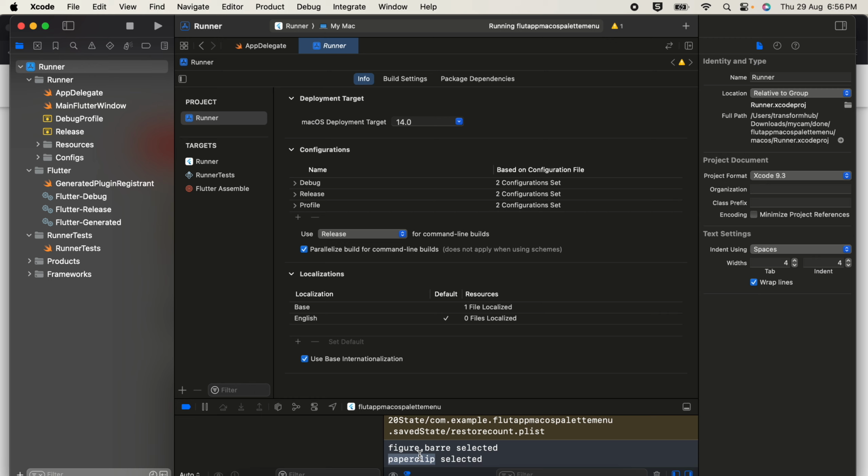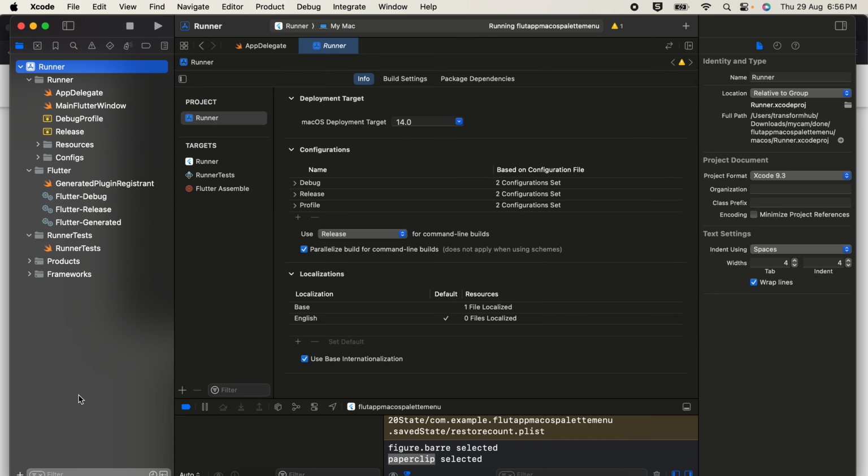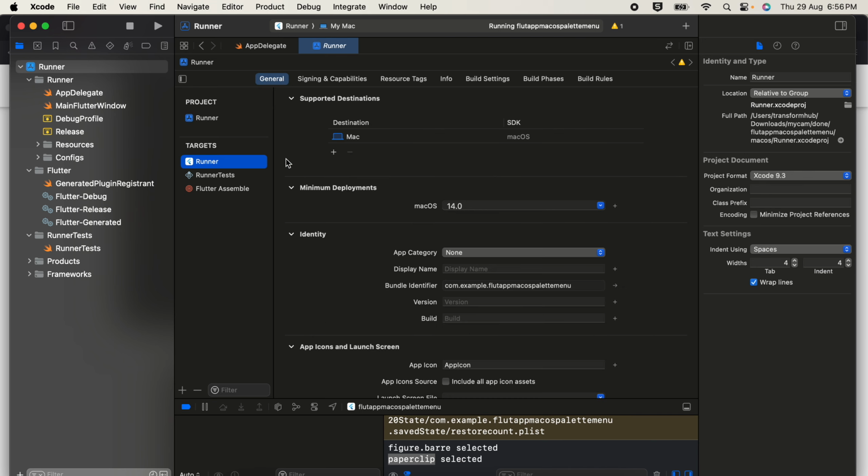Now for palette style, it is only supported from macOS 14. So what you will have to do is just create a Flutter app. Then we don't require any Dart code. Just go to the macOS folder, double click on the XC workspace, it will open it inside Xcode. Firstly select this runner, change the macOS deployment target to 14, then go to targets, go over here, change the